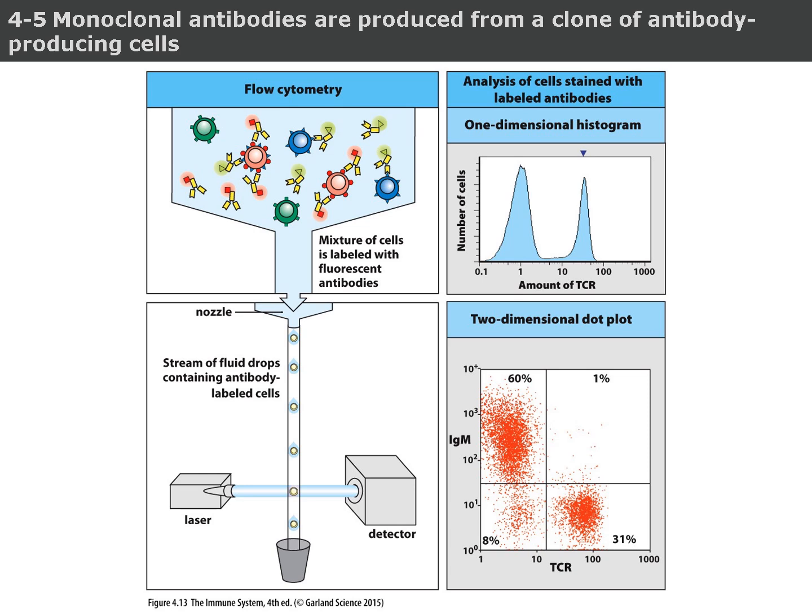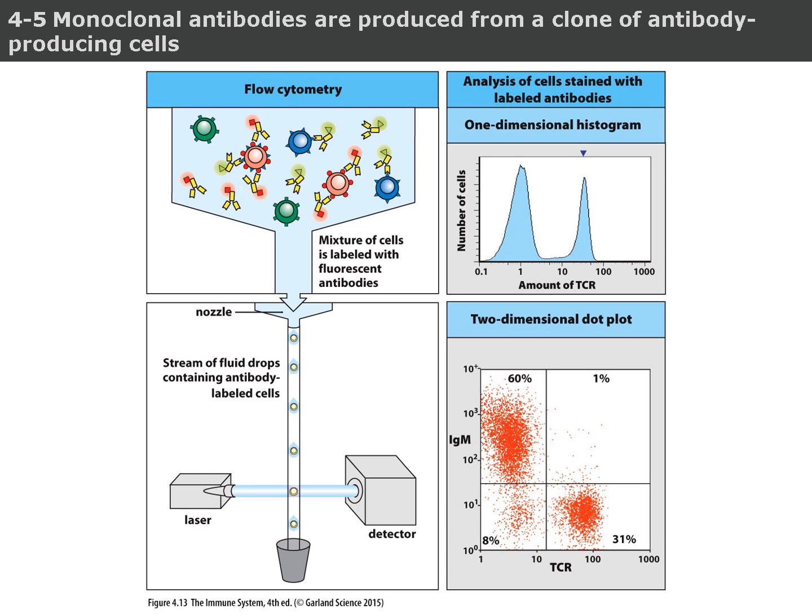Distinct clusters represent subpopulations of cells. For example, 60% of cells are IgM high and TCR low, while 31% are TCR high and IgM low. Flow cytometry enables scientists to precisely sort and analyze millions of cells quickly, an essential step in isolating antigen-specific hybridomas